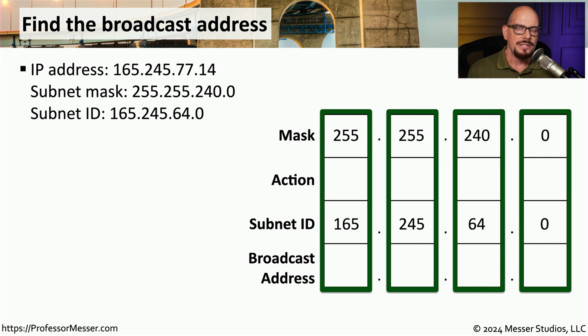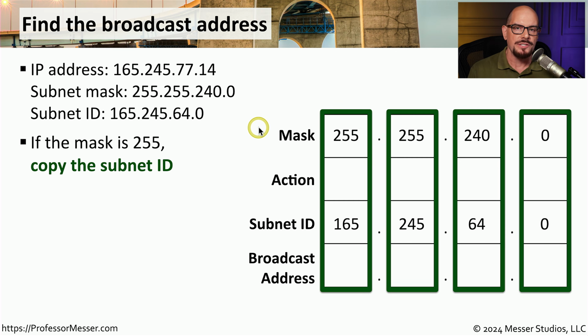broadcast address. To calculate the broadcast address using the magic number method, it's a very similar process. We use the same chart with the same subnet mask and the subnet ID, but at the very bottom, we have broadcast address instead of subnet ID. The rules for determining the broadcast address are very similar to the rules we used for the subnet ID. If the subnet mask is 255, we copy the subnet ID all the way down into the broadcast address row. We have two of our octets that show a 255, so we'll do this for the first and the second